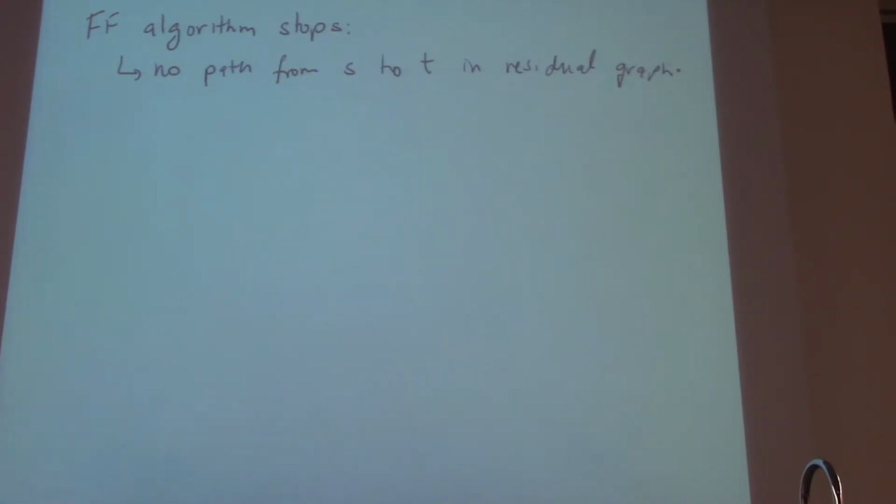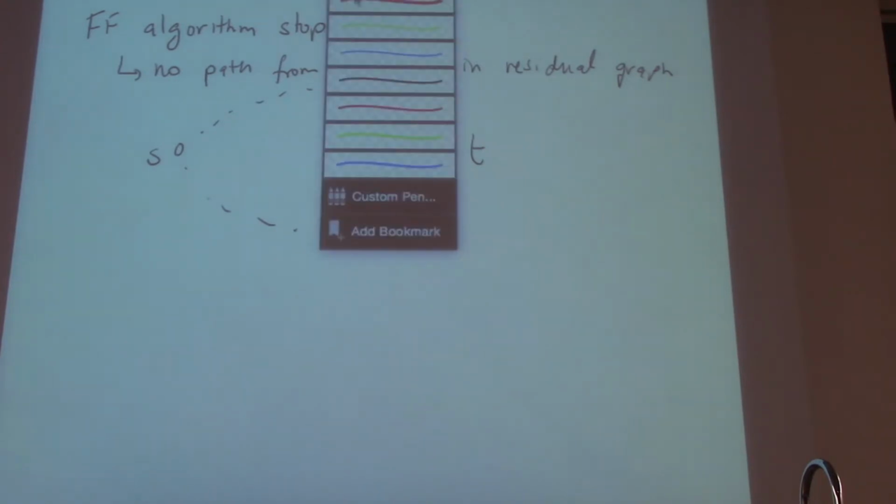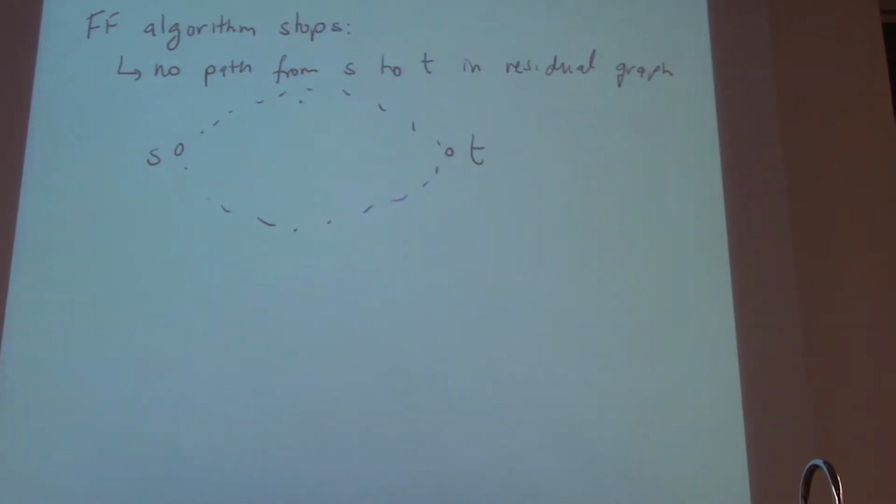So if you think of what your graph looks like, we have the source here, which is S, we have this sink here, T, and we have this entire graph in the middle here, right? As you add these backwards edges, what do you think is happening? We're adding these backwards edges here. So essentially it's going to look something like this, right? And since this is a directed graph, there basically is no way to get from the source to the sink anymore, because all your edges have flipped backwards by pushing flow forwards.